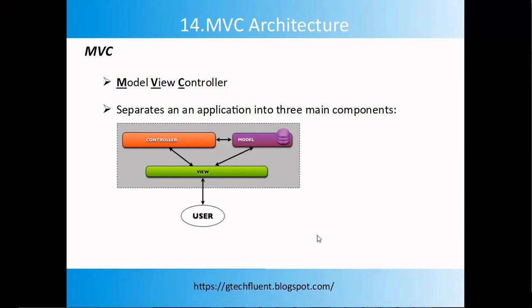The model is a set of classes that describe the data you are working with as well as the business logic. The view is responsible for how the application UI will be displayed, and it is purely HTML which decides how the UI is going to look. The controller is a set of classes that handle communication from the user, overall application flow, and application-specific logic.